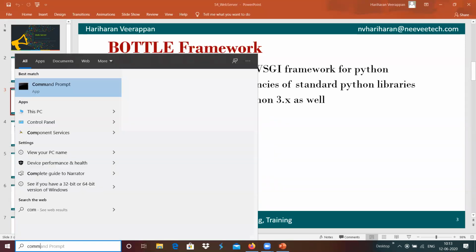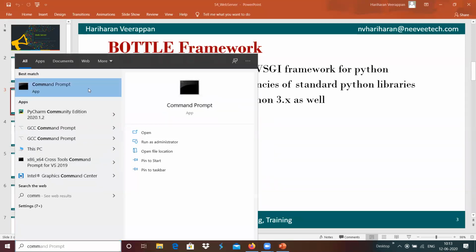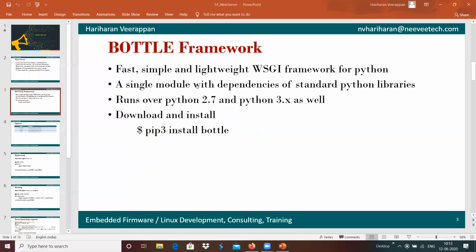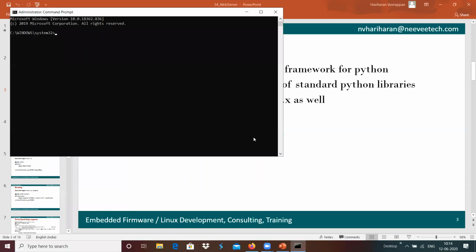Over here, we can go into the command prompt as administrator, and execute pip3 install bottle. This basically installs the Python package into the current system.